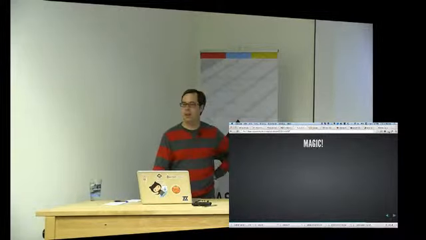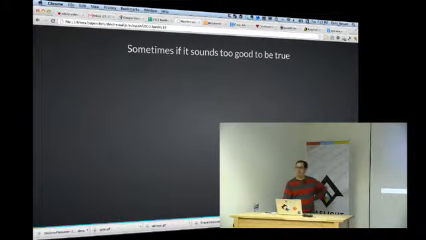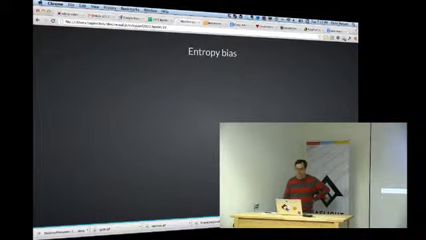Right. So yeah, this was kind of like magic. Sometimes if it sounds too good to be true, it turns out that it is. And here are some of the things that you come up with when you actually use the ID3 algorithm. So we talked about entropy earlier, which is basically the whole concept of entropy and information gain